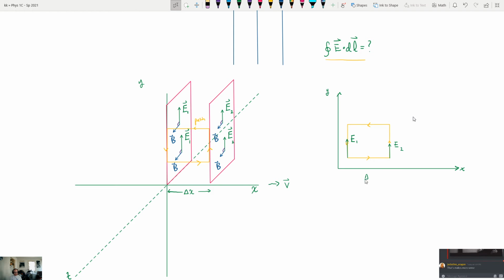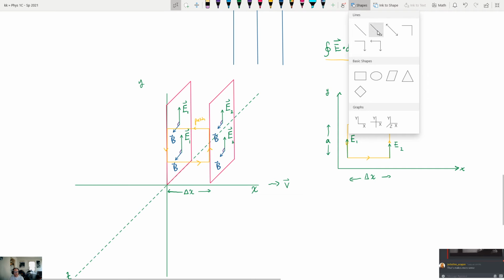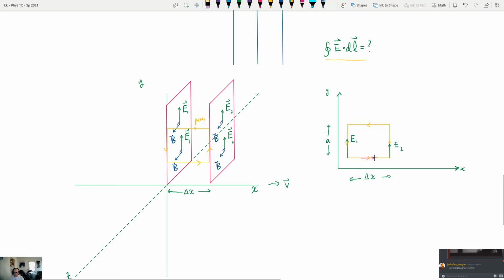We already said that the size of our path was delta x in this direction. The other piece of information we're going to need to know is the height of our path. So we're going to call that A. And I think we have everything that we need then. So when we are doing this path, when we travel along the bottom here, we're going to be doing E dot dl, right? So I guess actually on my picture, I'm going to want to draw dl. So this is what dl is going to look like, right? It's going to be a line element of my path. So going along our thing right here,